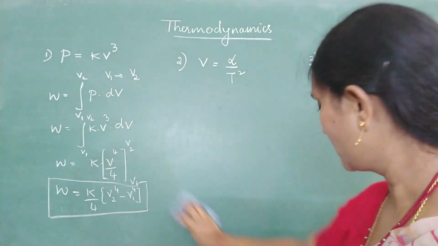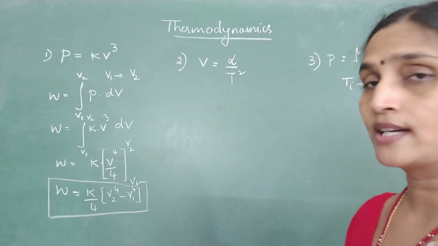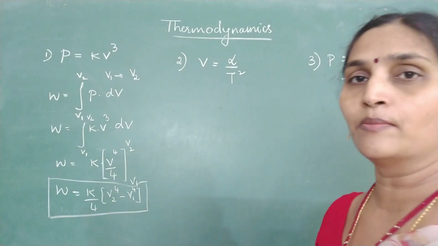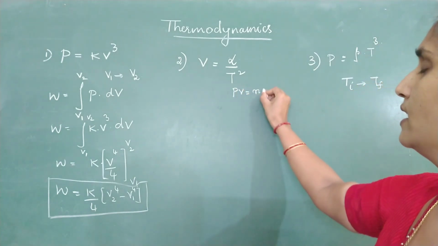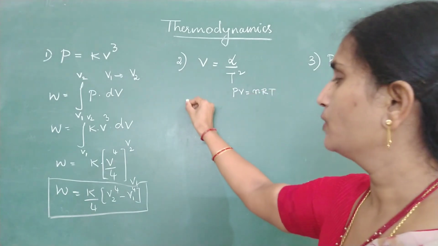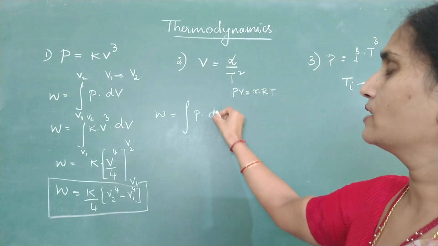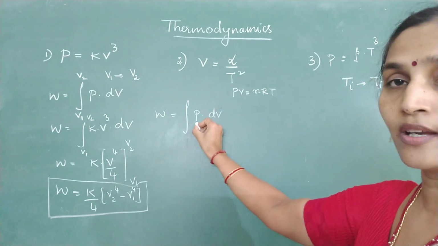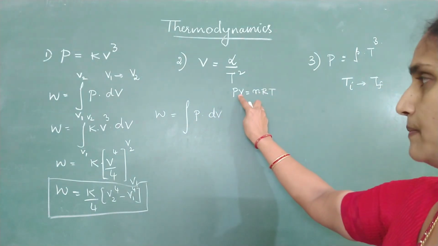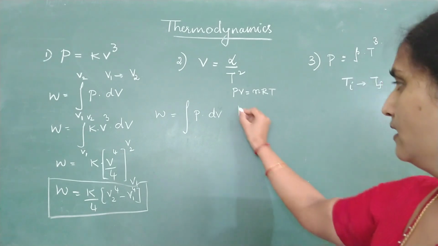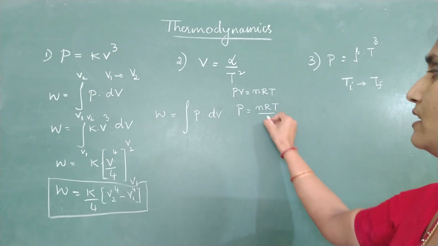I told you, because the gas is ideal, it obeys the ideal gas equation, PV is equal to nRT. If the question has n number of moles, continue with n. If it is only 1 mole, put the value of n as 1. We know that PV is equal to nRT, and to calculate the work done, we always begin with the integral of pressure into dV. Since P is not given to you, I will write P as nRT divided by V. I am modifying the expression. I need pressure. What is pressure equal to? nRT divided by V.